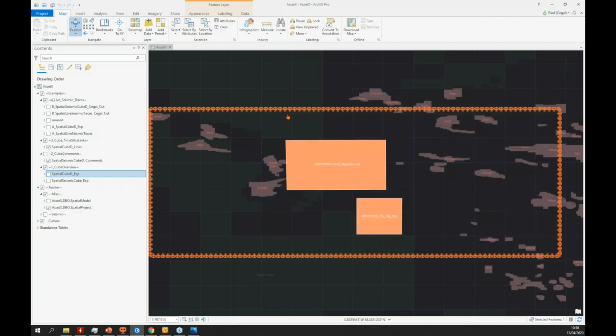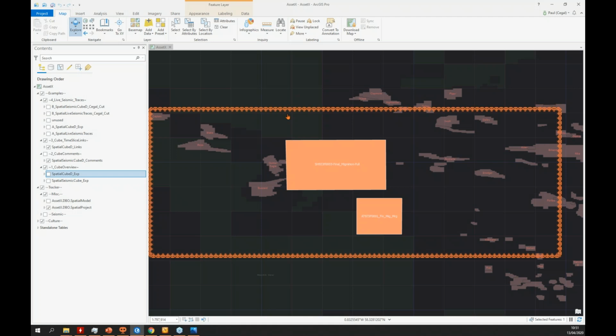So the final thing I wanted to show you is how we generate live seismic traces around these cubes. So we're building polygons around the data. We're looking for dead traces, and we use an image-based algorithm which always works. It can generate multi-part polygons, so you can have islands. There are different ways to do this. I'm going to show you both ways,